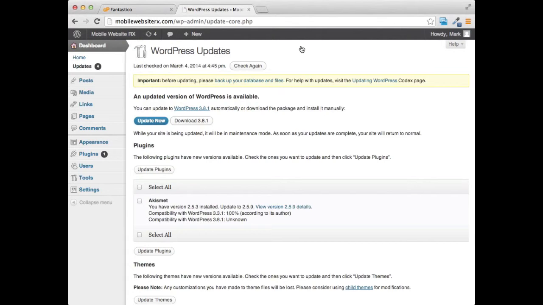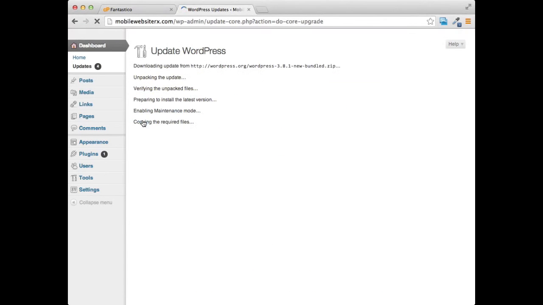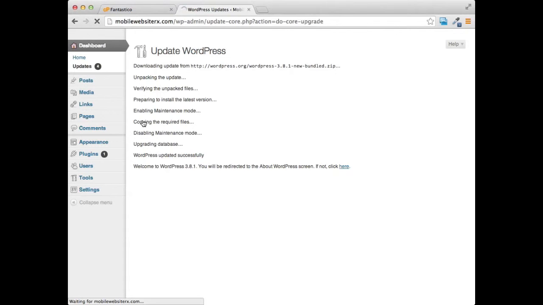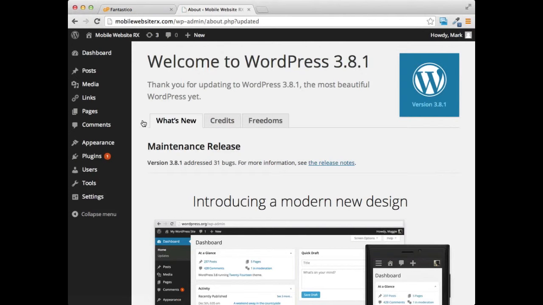And you can see I'm using an older version on this website, and a newer version is available. You can download it and do this manually, but I find it's just as easy, especially on a fresh install, to just go ahead and click the Update Now button. What it's going to do is upgrade your WordPress installation to the very latest version of WordPress. And it can take just a couple of seconds. You can see this is happening in real time, and you can see my WordPress is now at